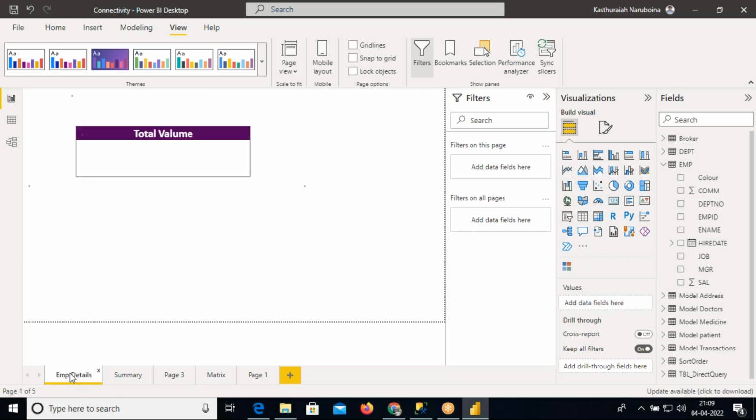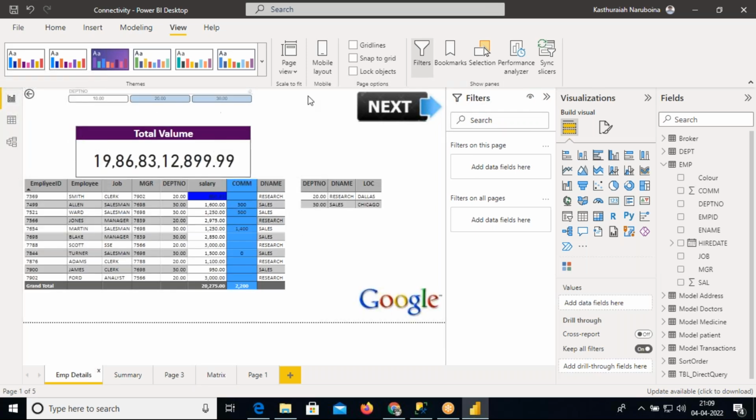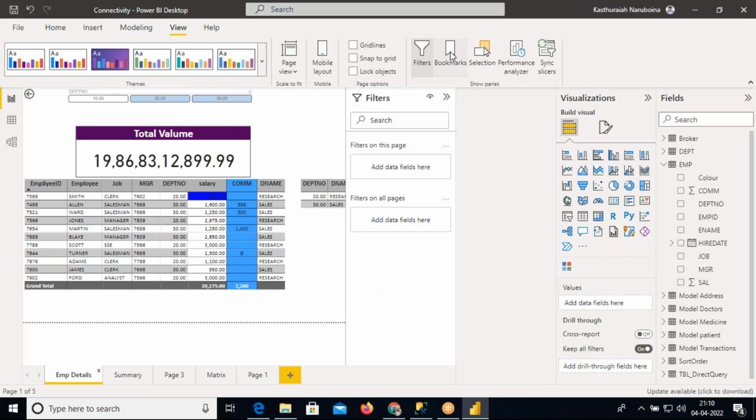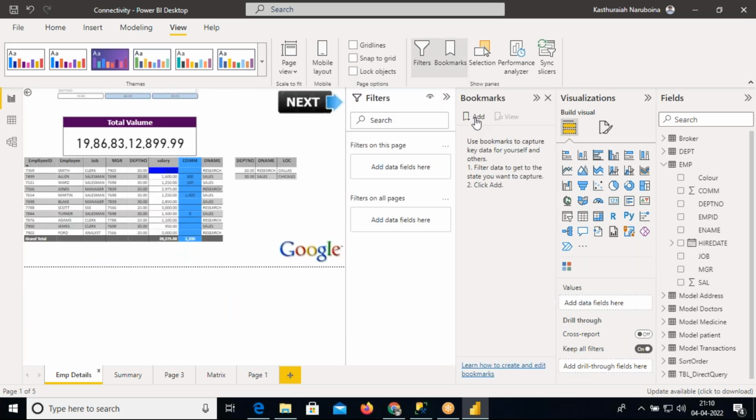Go to employee details. If you want to save this particular page, go to the view tab. Over here we have bookmark, click on bookmark. Now here, click on add. Now we save this particular page. So we saved this complete page, the employee details page. Save this page as employee details, enter. Now if you go to summary,